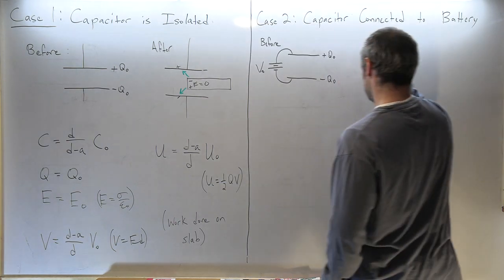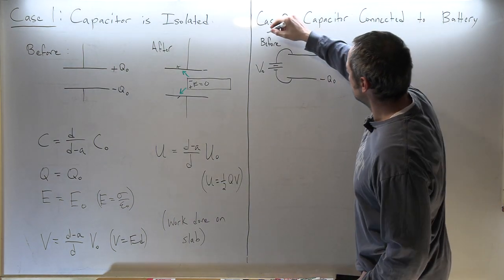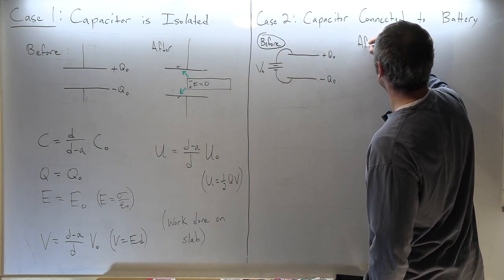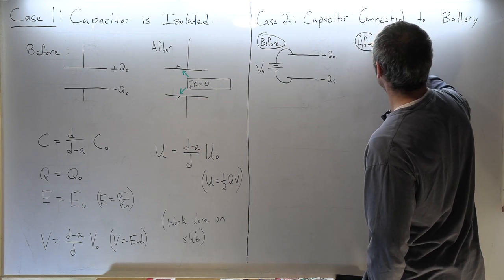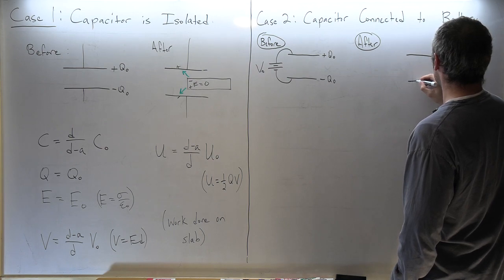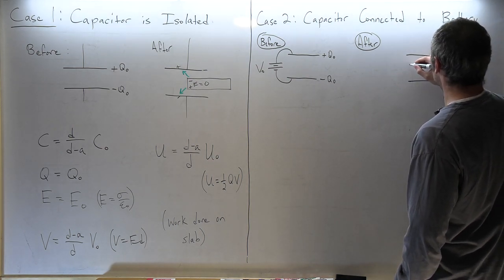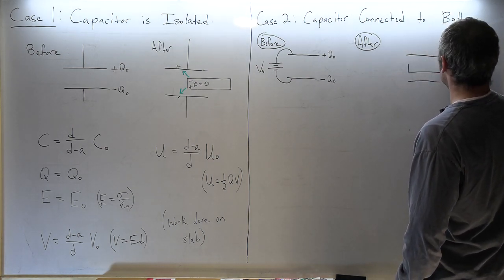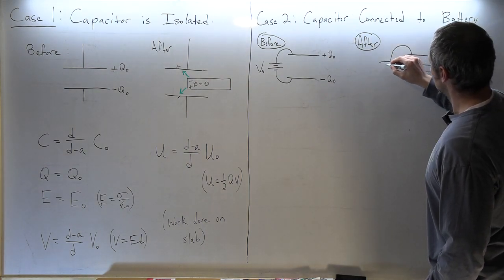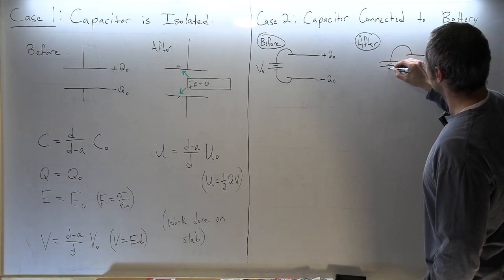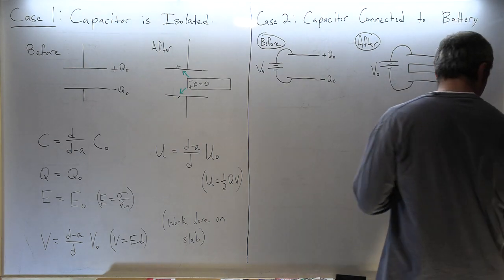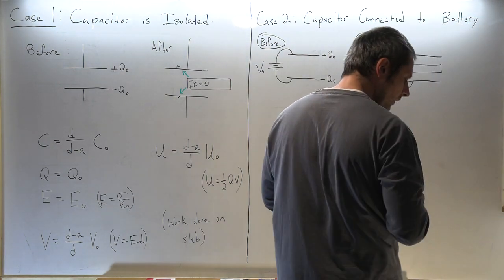Voltage V0. And then, maybe I'll circle this. Then after, what I have, my capacitor like this, slab in here, and the same battery. So once again,